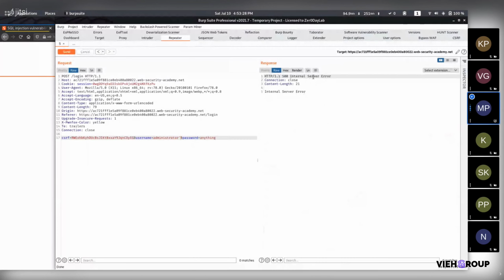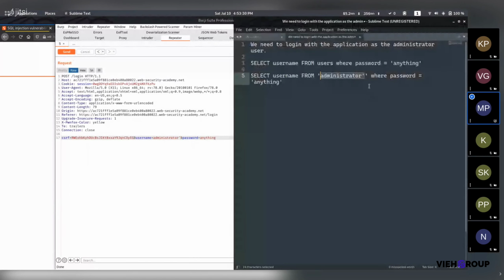Still it is giving internal server error. So let's comment out the rest, because commenting will neglect the password part of the query, and it will only check that the administrator user is there in the database. So let's try this.